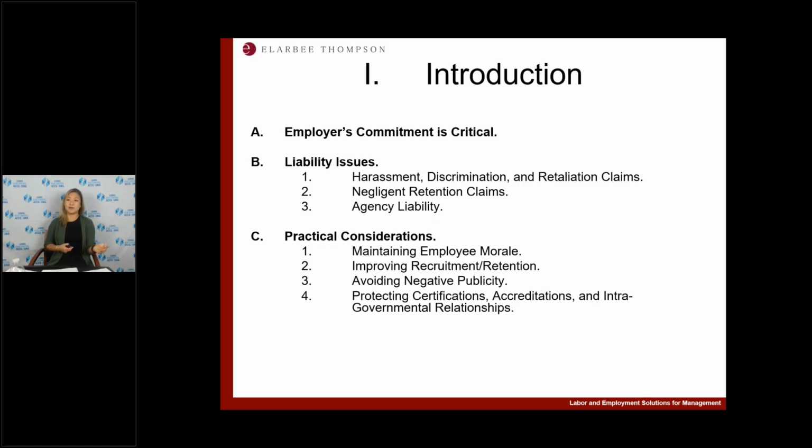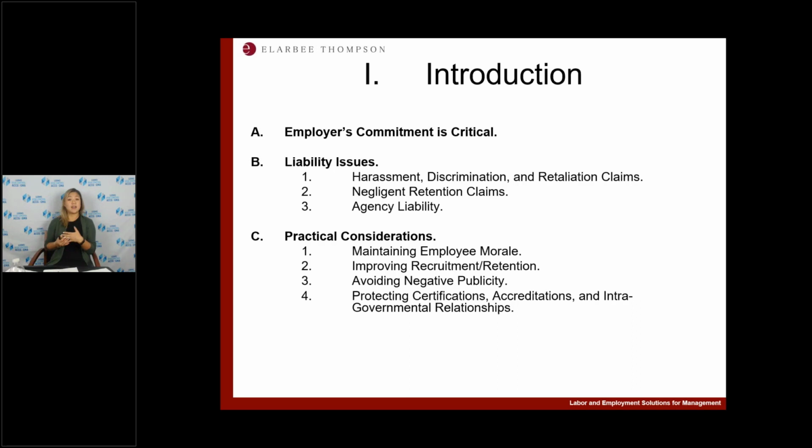If you have great reporting procedures, but at the end of the day, nobody is ever disciplined, nobody is ever terminated, regardless of how egregious their behavior, then all of those policies and groundwork that you've laid is pretty ineffective. So beyond those normal Title VII, ADA, FMLA claims, you also have negligent retention claims,